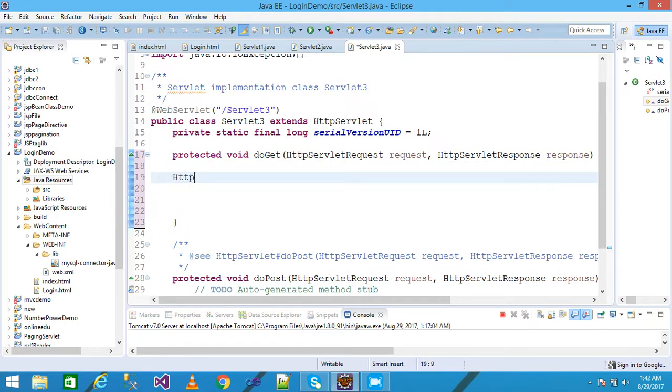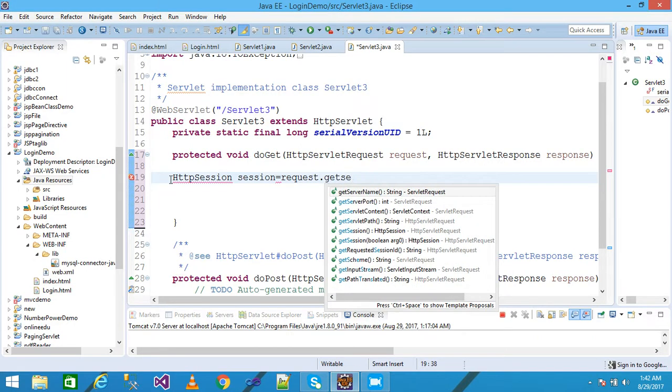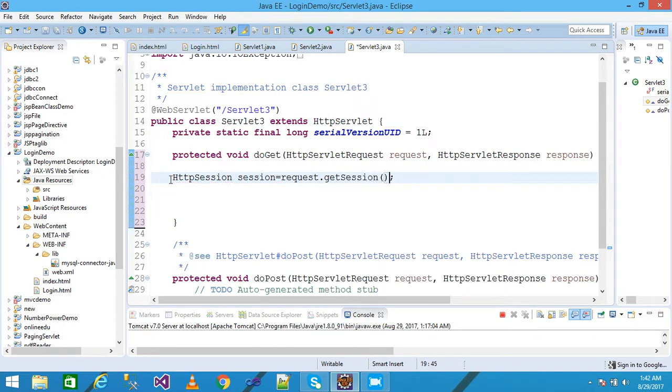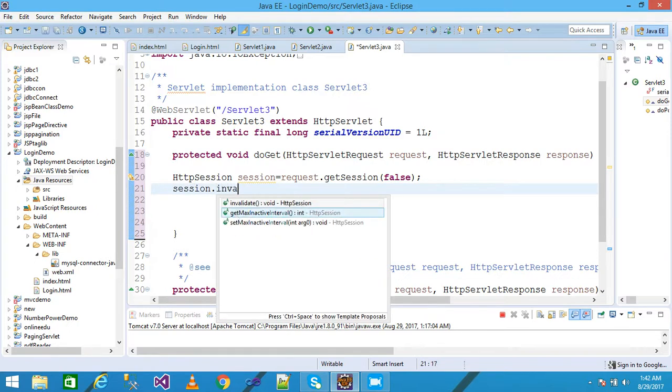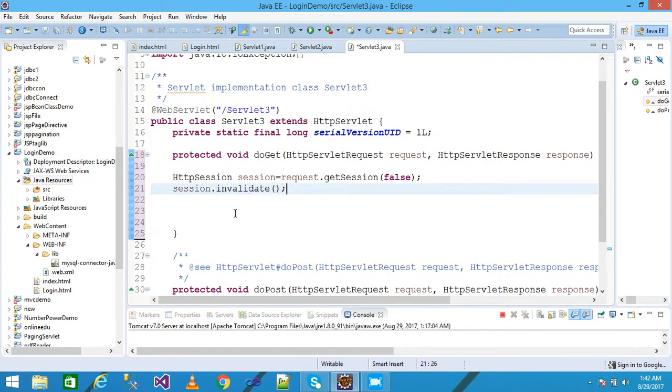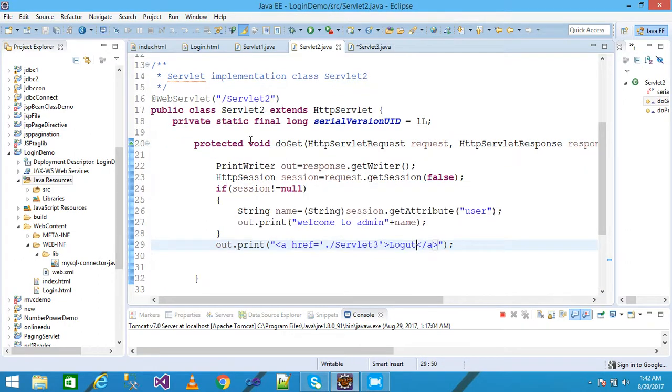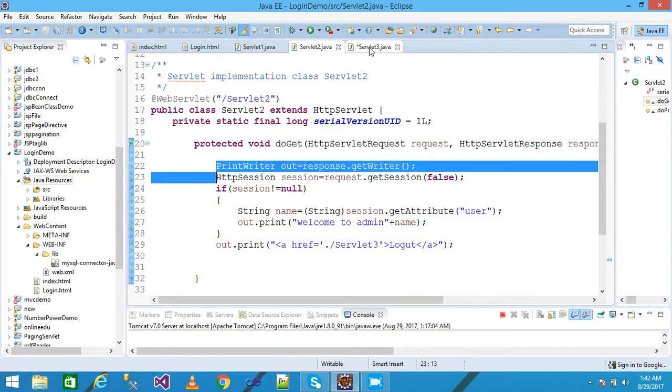just creating the HTTP session object, session equal request.getSession and giving false. Okay, and I import. Okay, and I write the session.invalidate method call here, and I need to copy this statement and paste here,